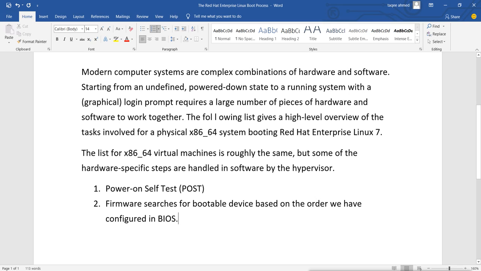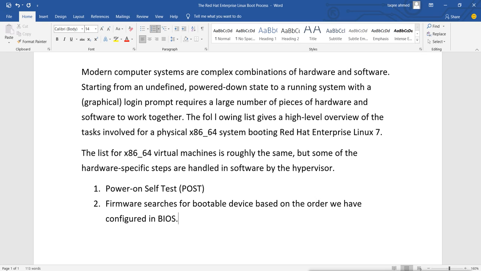By default, the boot sequence is to boot from the hard disk, then from the CD DVD, then from the floppy or removable drive, and lastly it will try to boot from the network. This is the default sequence.